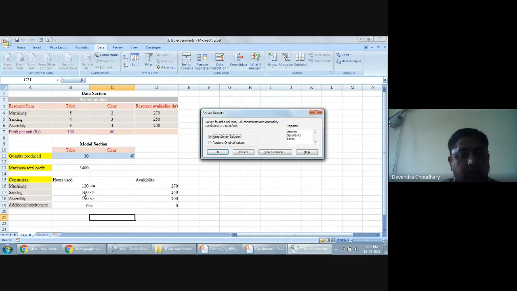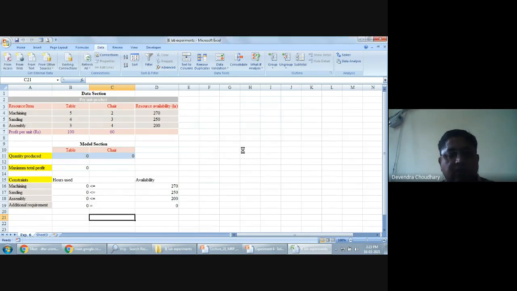So this way we have explained how you can find the integer solution, and obviously for such a problem we should have integer solutions only. With this additional requirement we are going to make this much profit, and we are going to produce 10 tables and 40 chairs.